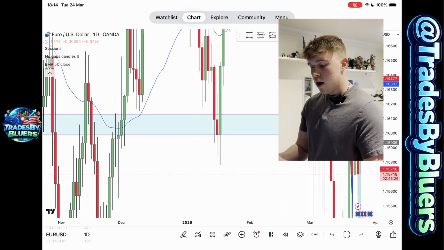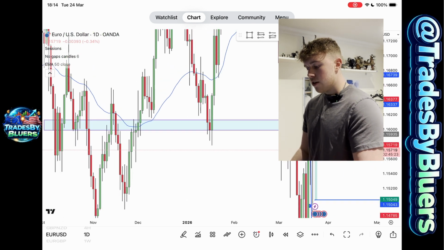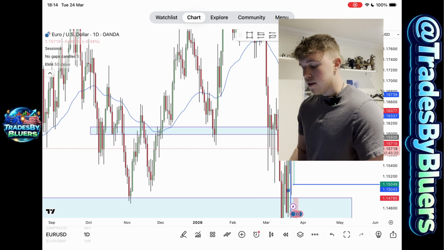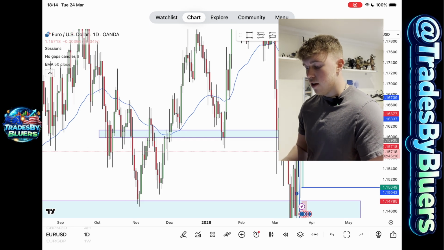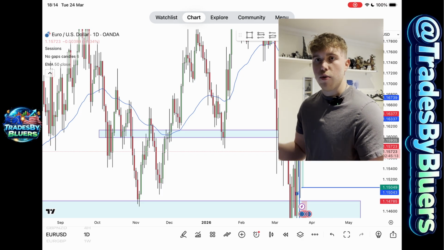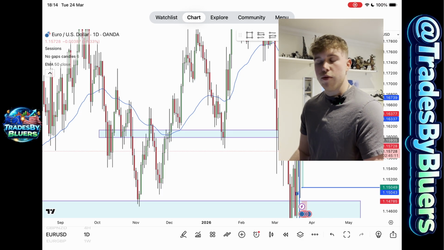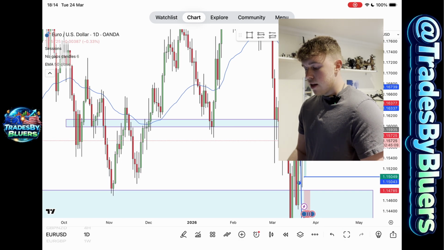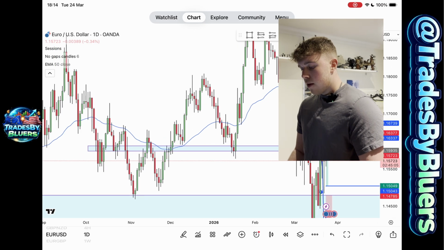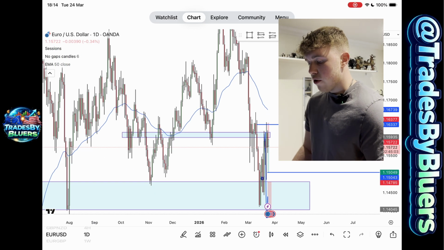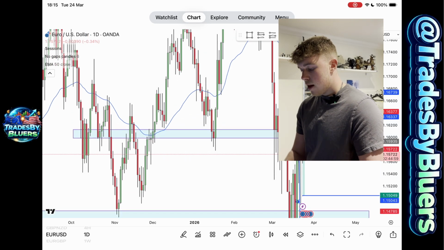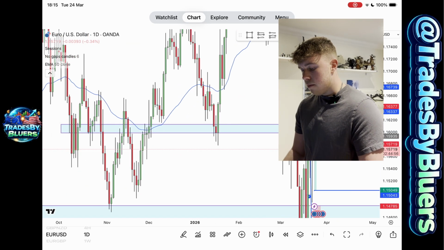But basically you mark up these zones as these are your areas of interest where you can enter trades from, or around that area. As you can see, the price is rejecting off it, so you can see that there'll be either a strong continuation off of it, or a strong rejection off of it, and that basically gives you the best chance of winning your trades. So for this example, using Euro USD, we have this daily zone marked out here,